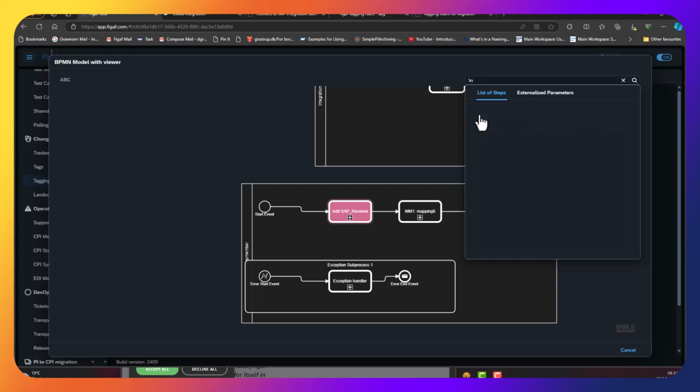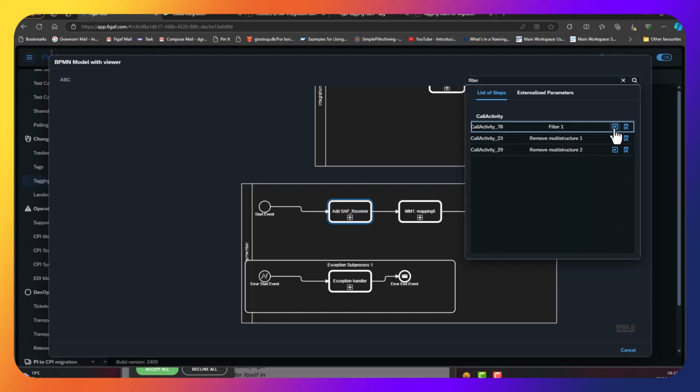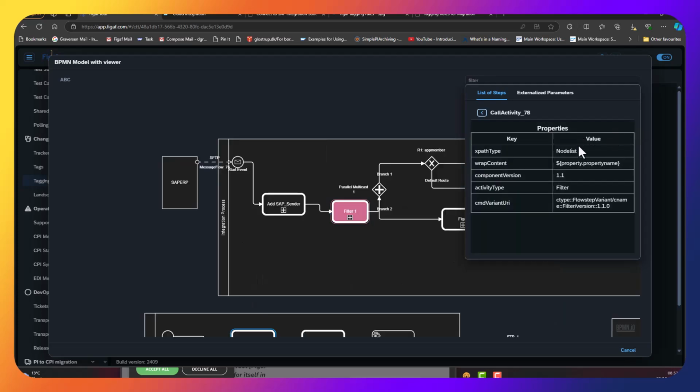We can go in here. We can search for filter. So there's a number of filters in here. So this one here, we have this property. And so we also know we need to be doing something about this